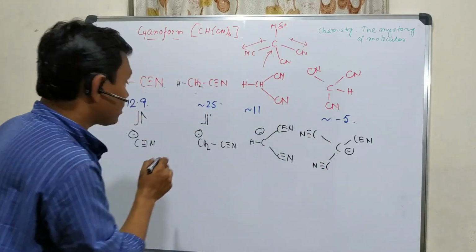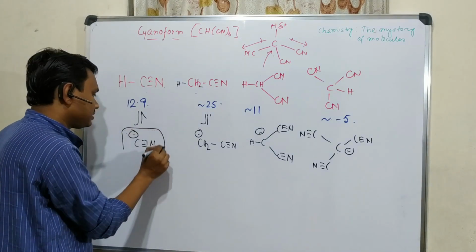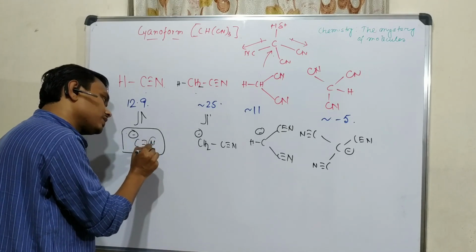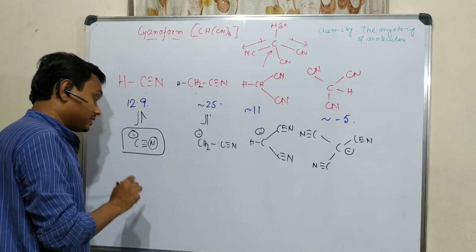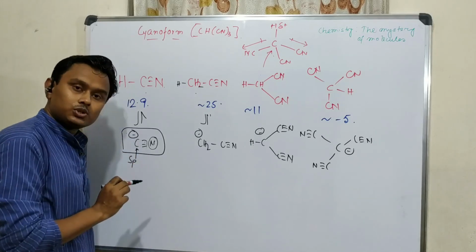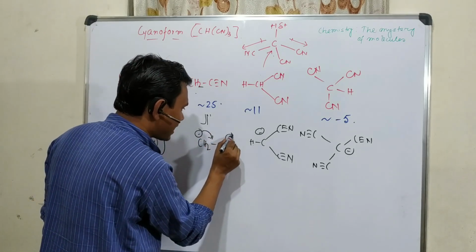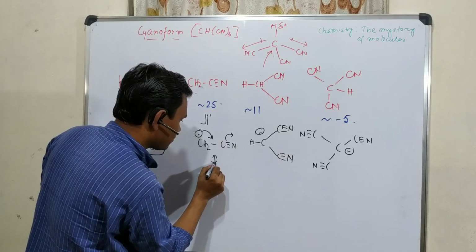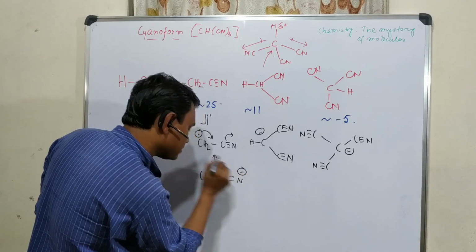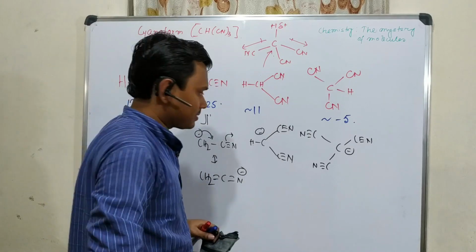Okay, now you have to check how it's getting stabilized. This is simple cyanide anion. These don't have any resonance stability, but due to the attachment of this electronegative nitrogen, and second point, this is in sp hybridization, so charge remains closer to carbon, that's why it is stabilized. How is this stabilized? This is stabilized by one canonical structure: CH2 double bond C double bond N negative. So in this way it is stabilized, but this stabilization is not that much instant.